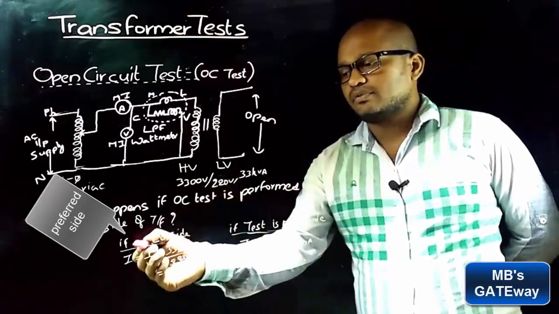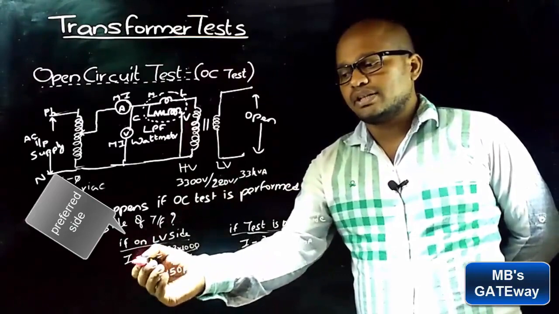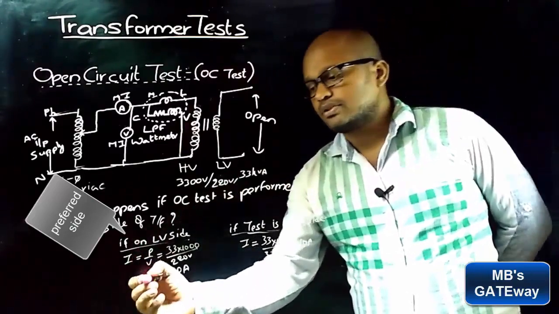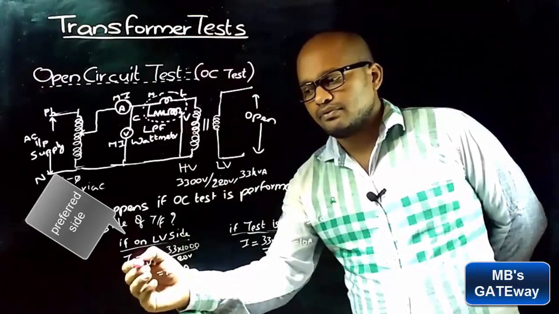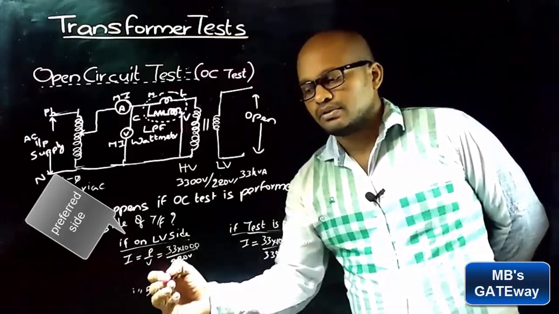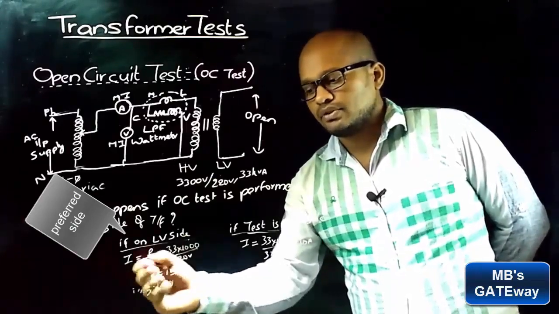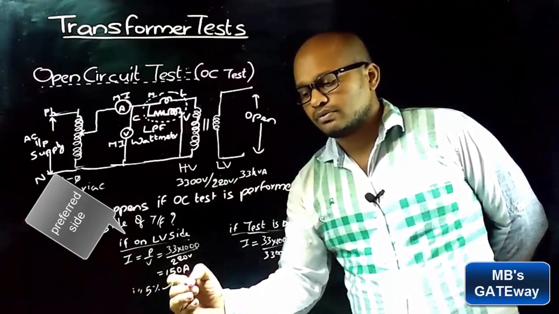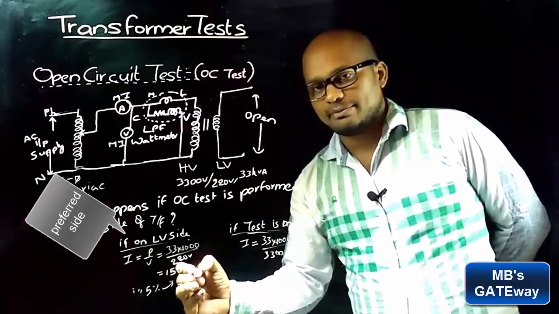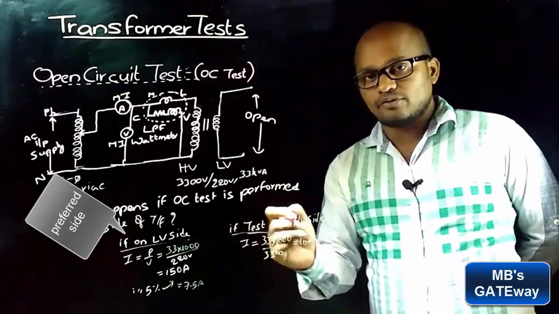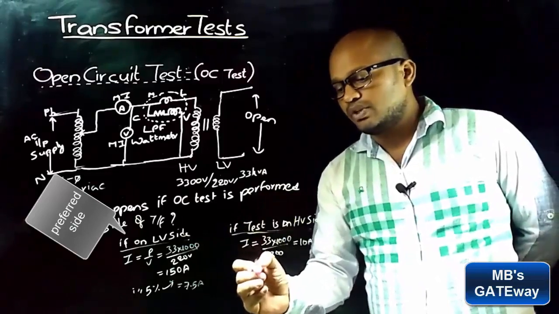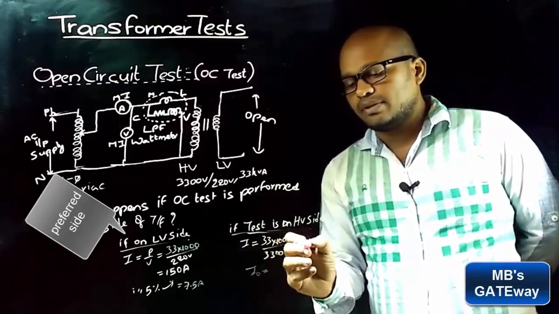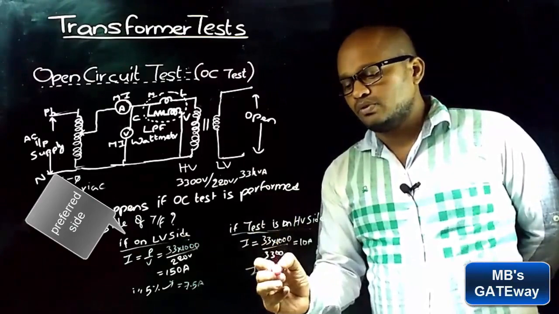In the case of the test performed on the LV side, the rated current is 150 amperes, so 5% of the rated current gives you 7.5 amperes. Whereas if the test is performed on the HV side, the no load current I0 is 5% of 10 amperes,